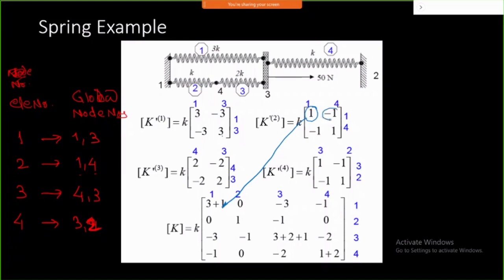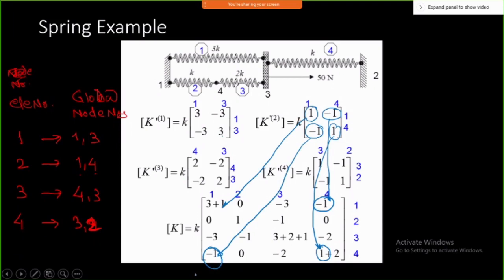This minus 1 has 1st row 4th column. This will come and sit here. That is what it is going to do. So here 4th row 4th column means this element is nothing but this part of it. This is what is going to happen. Then in the same way here it is last, 1st row 4th column means it will directly come and sit here. So this is for the second element.